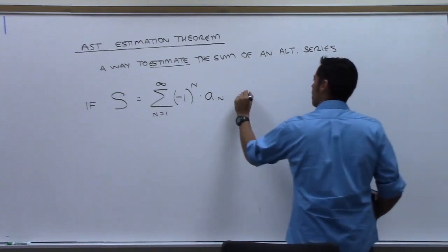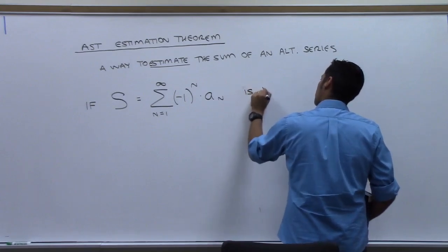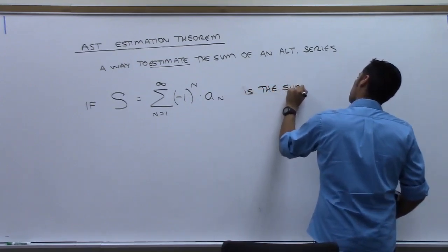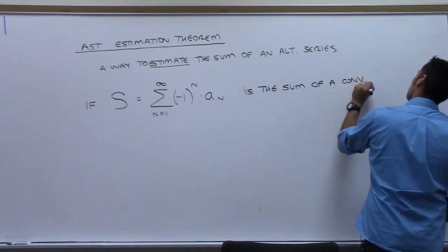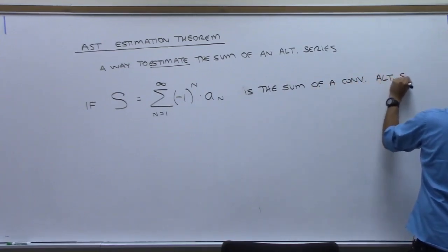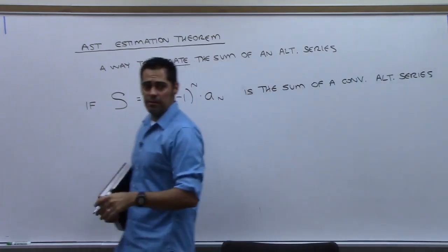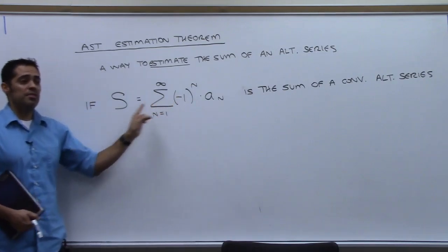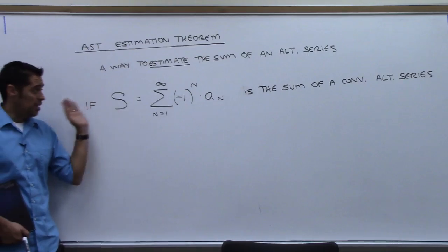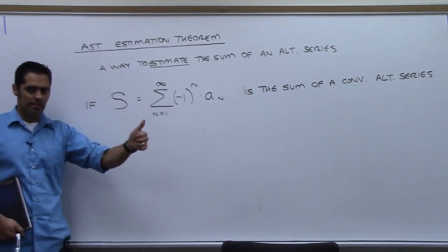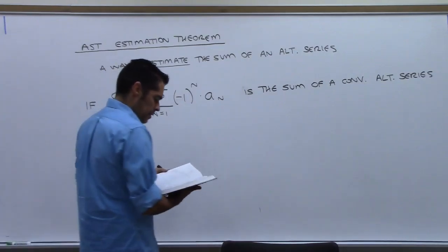If that is the sum of a convergent alternating series. So we are assuming that we are looking at an alternating series that converges. We know it converges, which means it actually adds up to some number, right? That number we're calling S. So if we have this happening, which it doesn't always have to happen, right? You can have a divergent alternating series. But if it adds up,